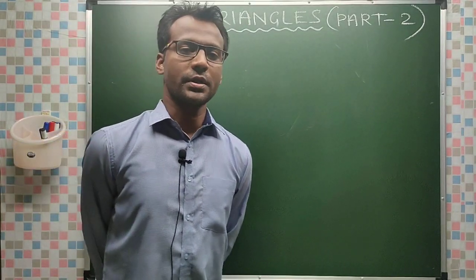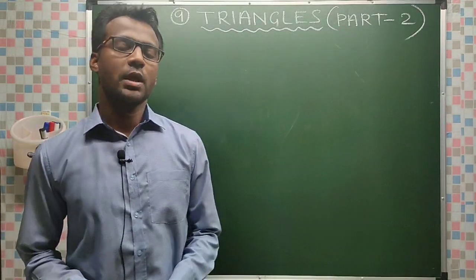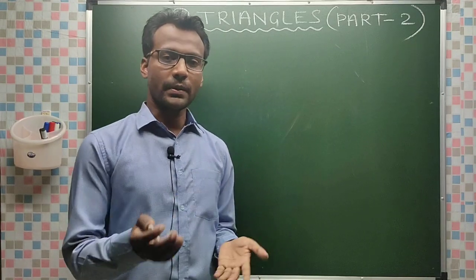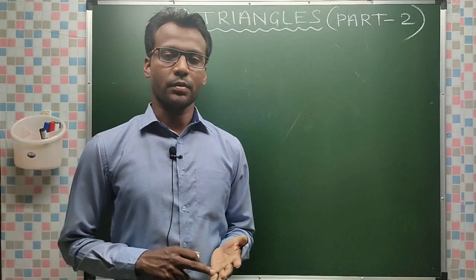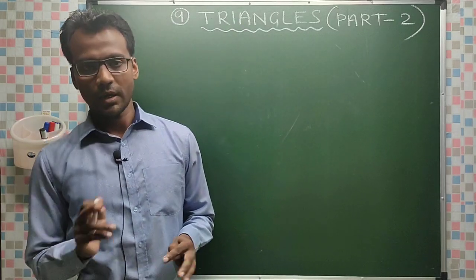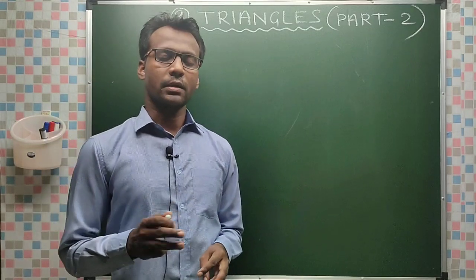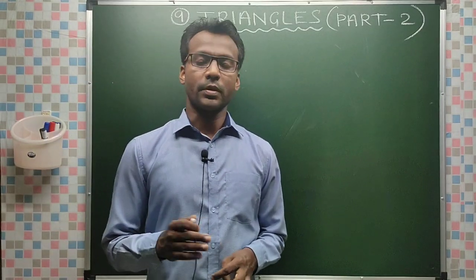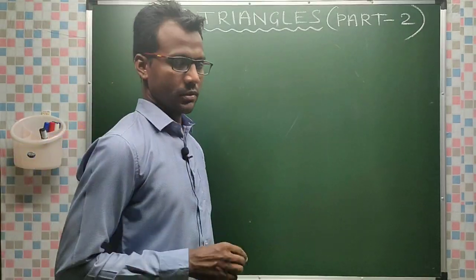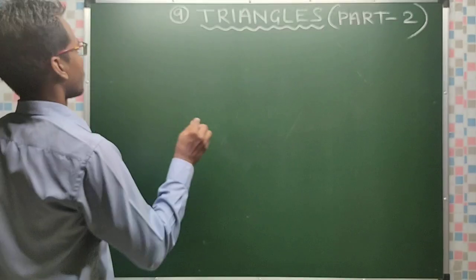In this video I will teach triangles part 2. In part 1 I have already explained the basics of triangles. I have explained the different types of triangles, the angle sum property, the exterior angle property, then the concept of median, then the concept of altitude, angle bisector and perpendicular bisector. In this part I will move to congruency. This is a very important part. Okay, so let us move to